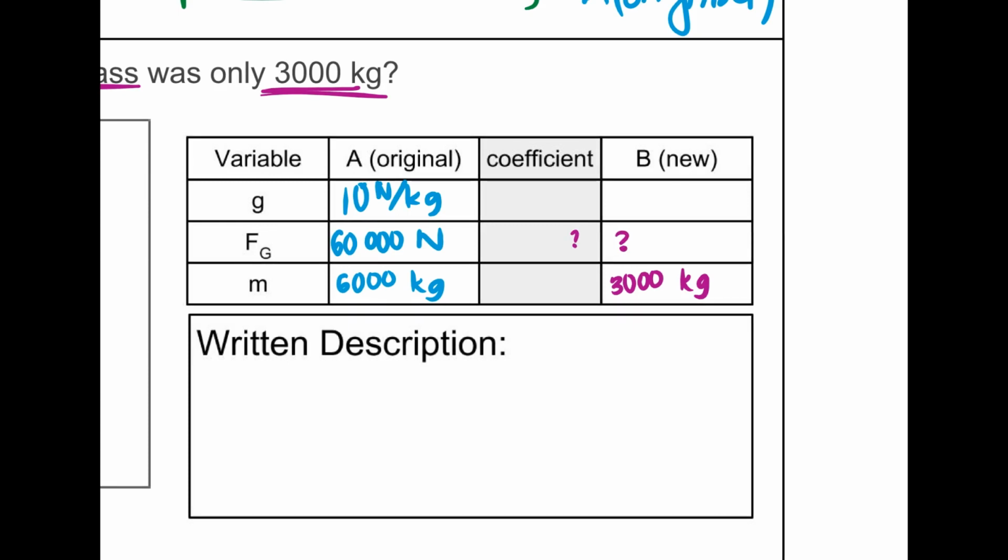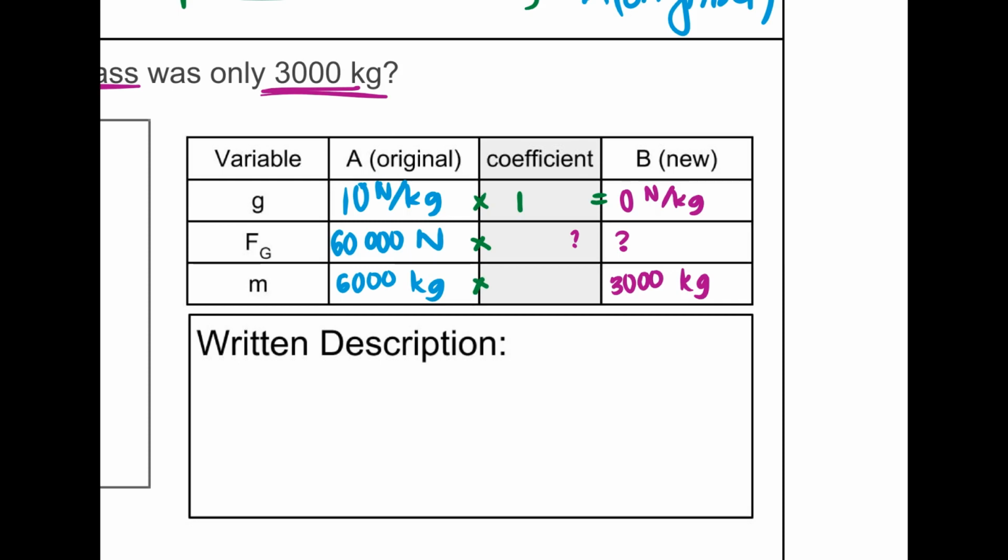And since the elephant stayed on Earth, the gravitational field strength will stay the same. So this is times 1, is equal to, times, we don't know yet, so 6,000 times something is going to be